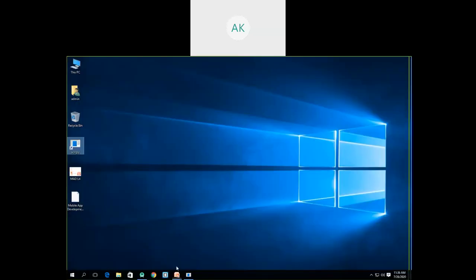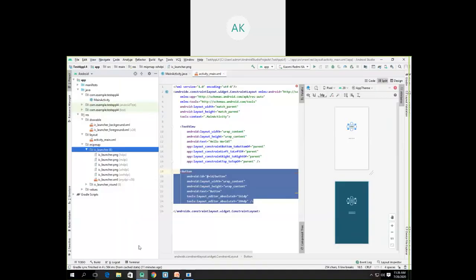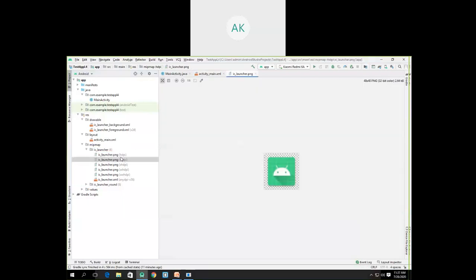Now, if you see the structure of the mipmap, here we have a variety of files. We have ic_launcher.png, again ic_launcher.png. But if you see it carefully, here we have the density of each file or each icon.